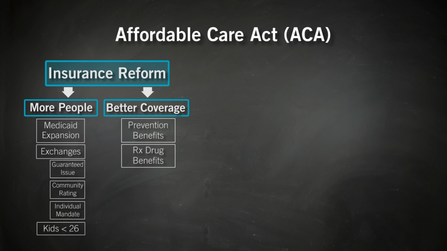And it also put insurance companies under some stringencies, not just guaranteed issue, but also made insurance companies become transparent about their premium increases. They had to post in advance what their premium increases would be. It limited the amount of money that insurance companies could spend on overhead to about 15% of the total bill. Before that, insurance companies often spent far more than that on their overhead. And it put special conditions on Medicare Advantage plans so that their costs, which had risen much higher than anticipated, would come back under control. That's law number one, covering more people with better coverage.